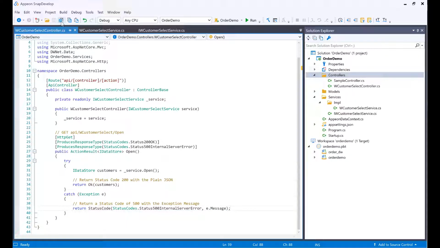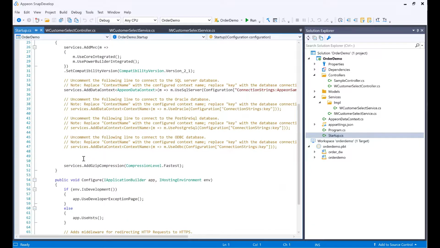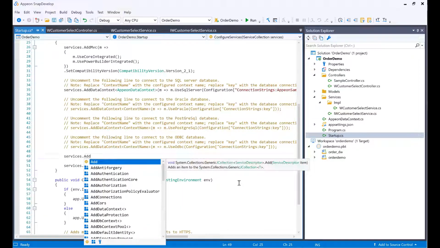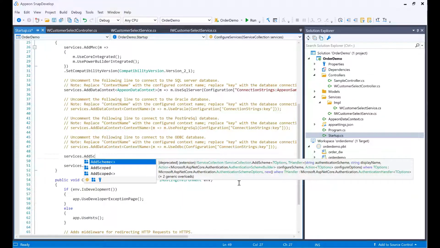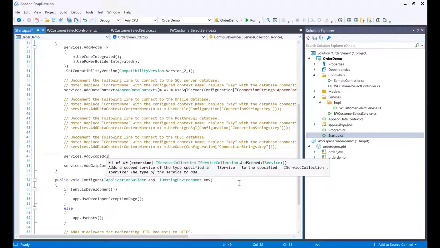Now let's get back to the startup. Remember that in the startup I told you that we would be leaving a space right here. This is so that we can continue by adding the dependency injection. So let's do that. Services AddScoped, here it is, and I'll pass in the